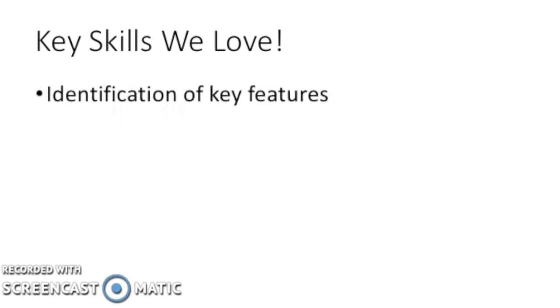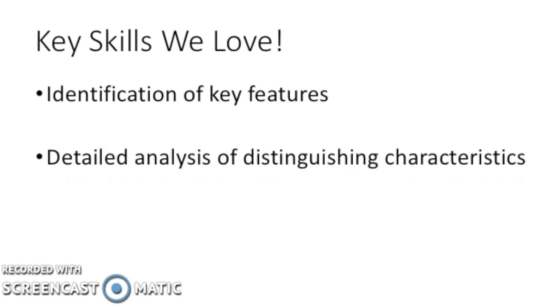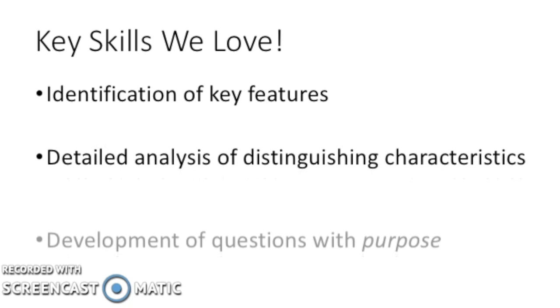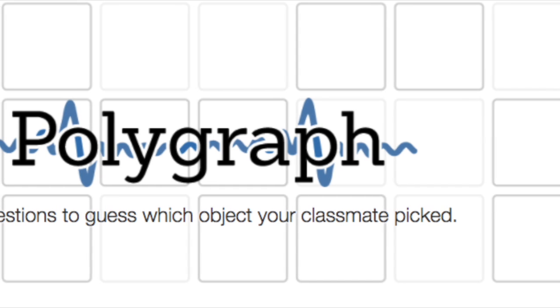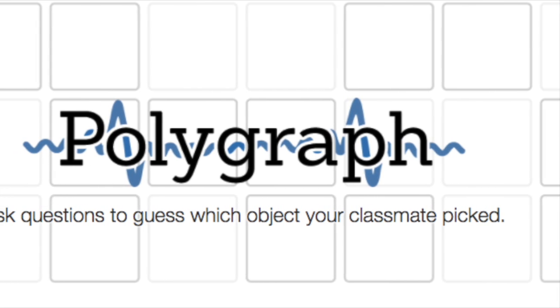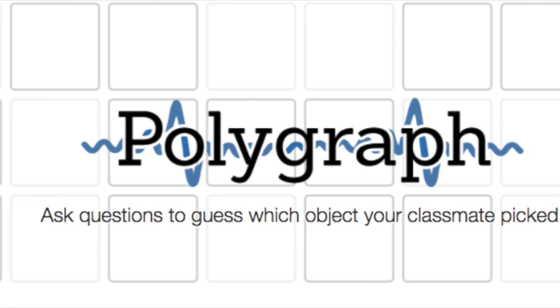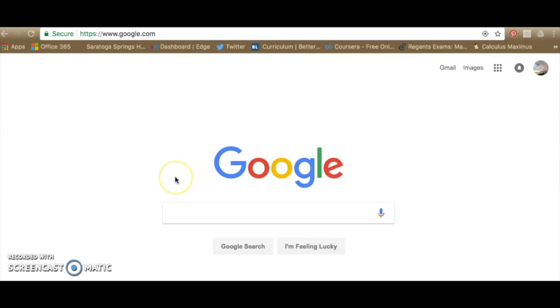And let's not forget, we played this game for a reason as kids. There were key skills that we gained from it. We had to identify key features, we had to have a detailed analysis of distinguishing characteristics, and we had to develop questions with purpose. The activity is called a polygraph, and we're going to look at how to use it in your classroom. We're going to start by going to